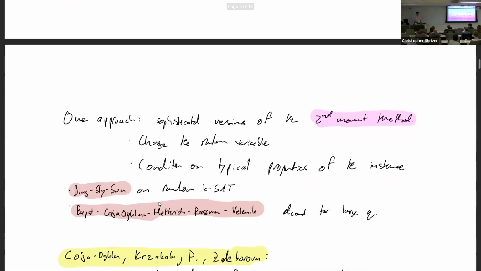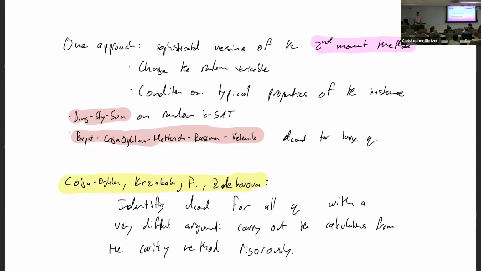And there's a couple different approaches. So one approach is to try an intricate, sophisticated version of the second moment method. The second moment method fails at some point. It doesn't always work, but there's a couple things you can do. One is you can change the random variable. Instead of the number of proper colorings, you can look for proper colorings with some special form. You can look at things that can be extended to proper colorings. You can look at a different random variable.